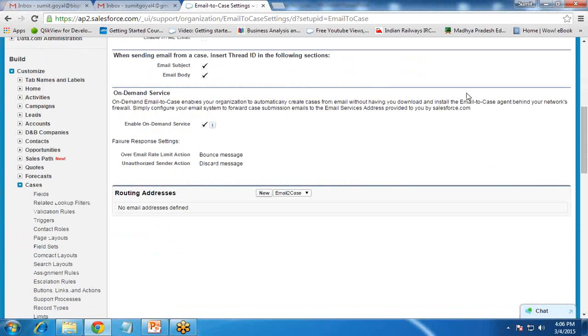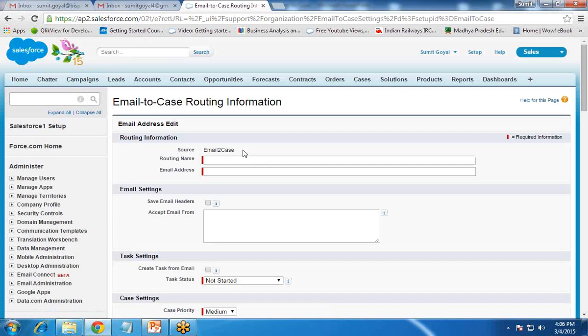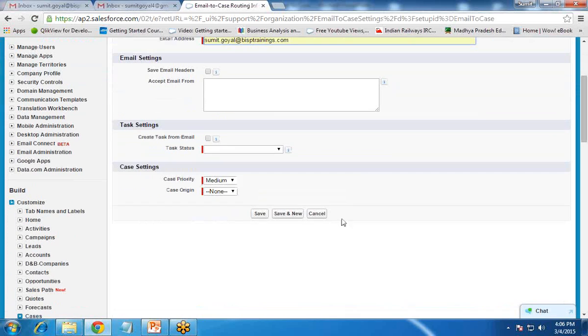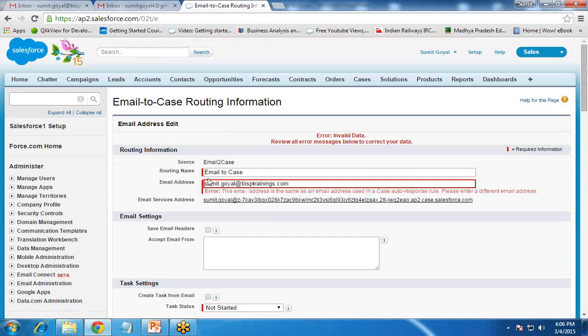After that, we have to set the routing address. I scroll down to Routing Addresses and click on New. First I give the routing name, email to case. For the email address, if I give the same email address, with case origin email, and save it, I get an error message. Why?